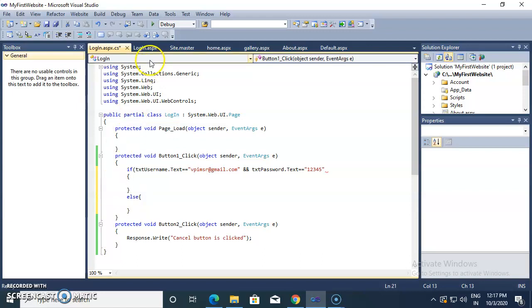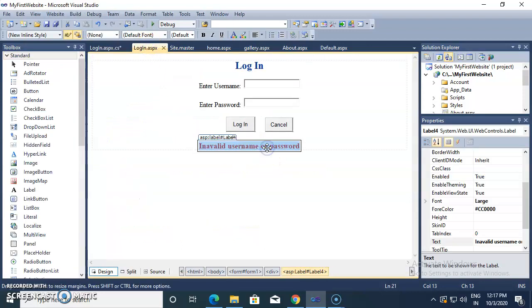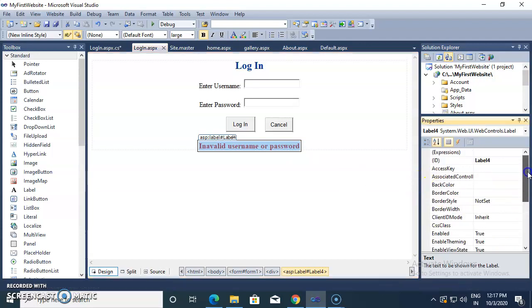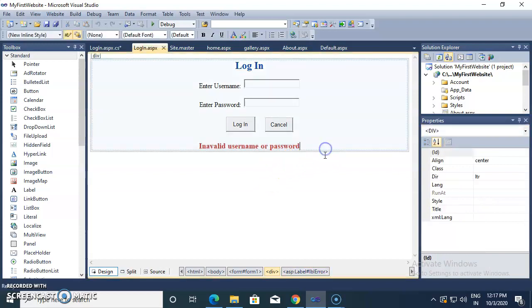That error message is inside a label. So what is the ID of that label? Label4. By default there are IDs like Label1, Label2. I am giving here labelError.